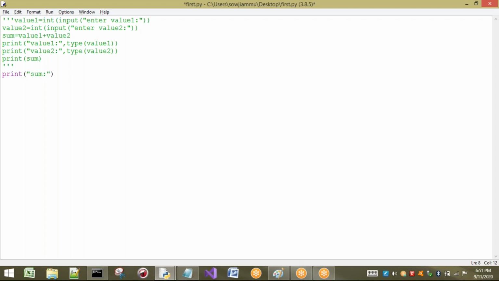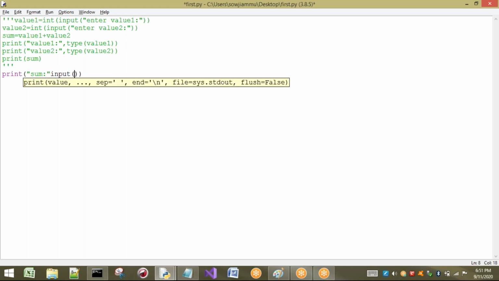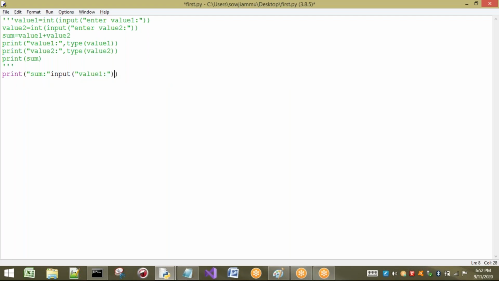Okay. You want to perform which sum? First see, I want to take two inputs. So what do I have to use? Input of value 1. I want to ask the user to enter value 1, for example. Value 1 he is going to enter. So this value 1 has to be which type? Int type. So again this has to be converted into int.